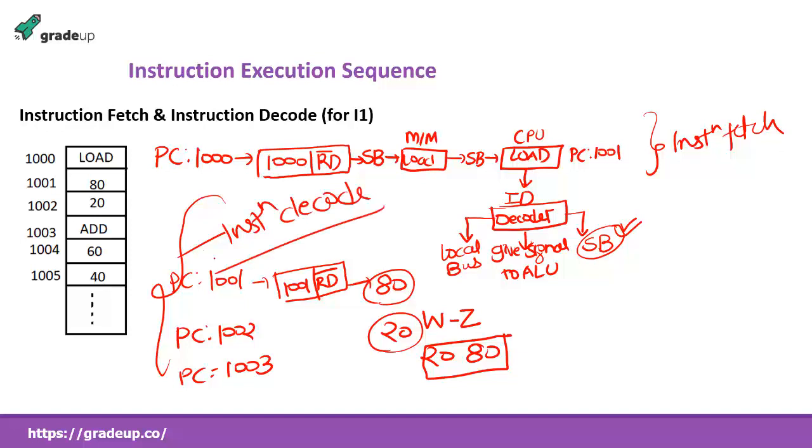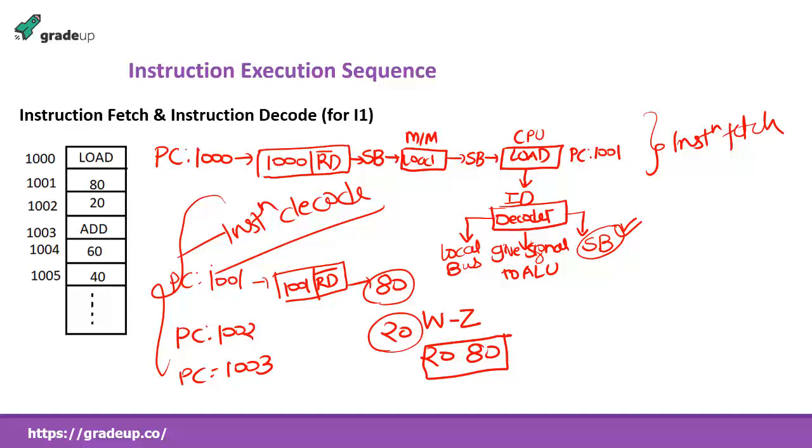So you were already aware of the process of instruction fetching. Now you tell me what will happen in instruction decode. Yes, in instruction decode, decoder will give signal to the required hardware, either ALU, system bus, local bus, and the remaining part of the instruction will be fetched out. Now my system has the complete instruction. Next thing,